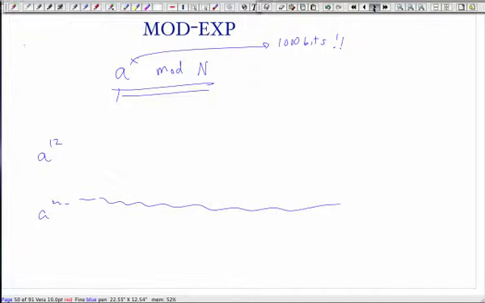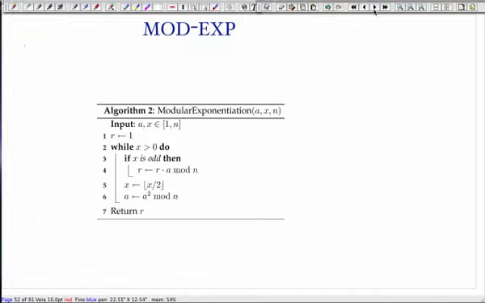Thankfully, you all came up with a very clever way to do this. It's a divide and conquer where you do what's called repeated squaring. This formulation is the iterative version of a divide and conquer. To compute a to the x, you compute a to the x over 2, and then you square it. Everybody remember this? And this mod n part just means that all of your operations you do mod n.